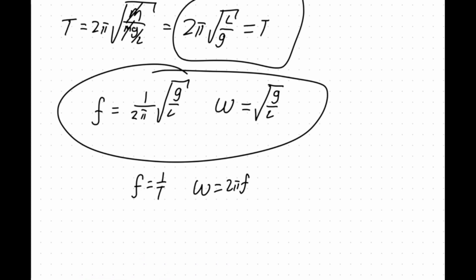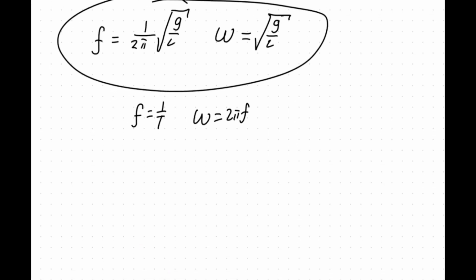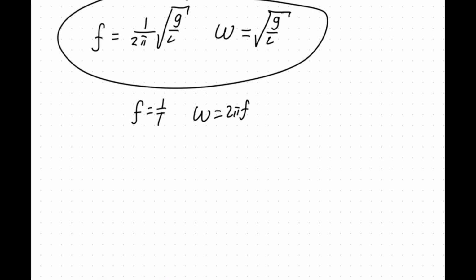But that's really all I wanted to get across, that the frequency for a pendulum is basically the square root of g over L, and the frequency of a pendulum does not depend on the mass of the bob or any of this stuff. All it really depends on is the length of that rod and the acceleration due to gravity on whatever planet you're on. So you might be asked something like, the omega, or the frequency omega, was 5 on Earth, and